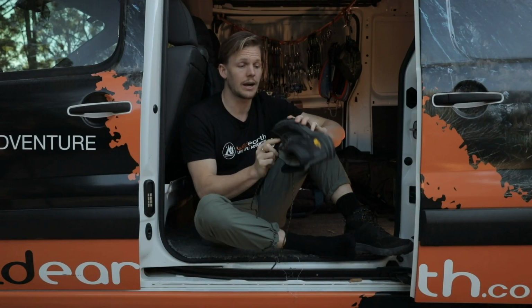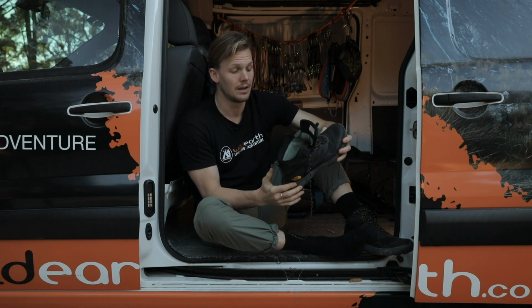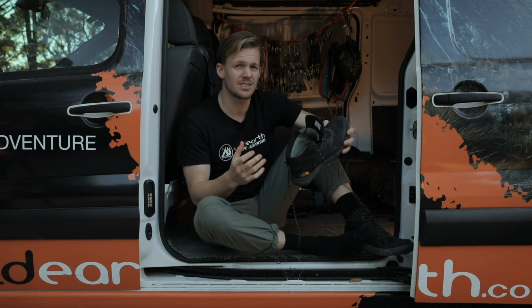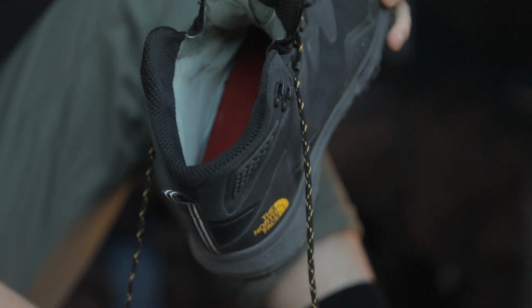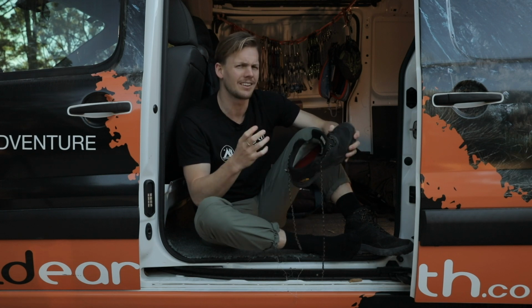I find the shoe really comfortable myself. The soles and the support are really great. Even breaking the shoes in, sometimes when you're breaking in a new shoe, you can go through a period where it's pretty uncomfortable, like rubbing on your heel or maybe rubbing on the arch of your foot. But these have been really accommodating, even from wearing a new boot but not feeling like you're wearing a new